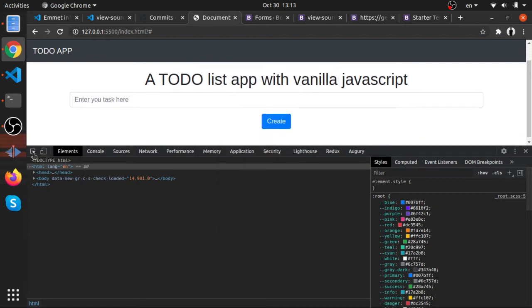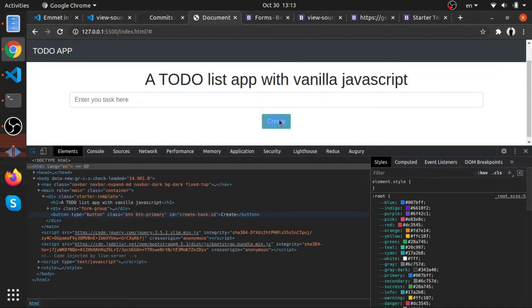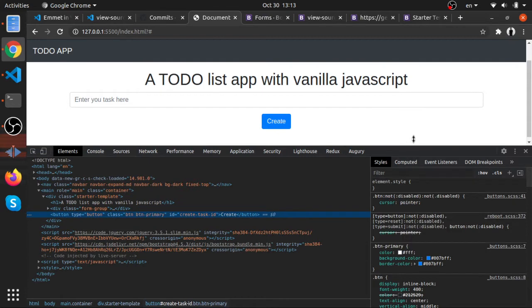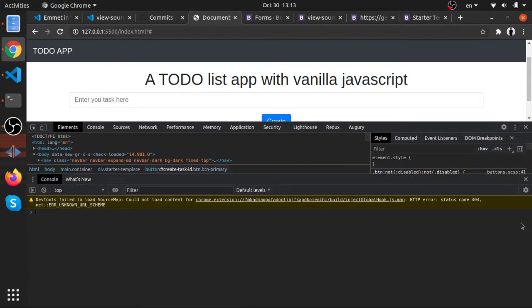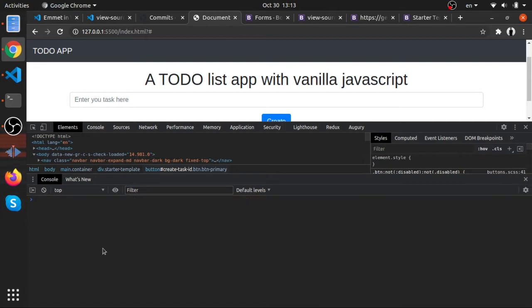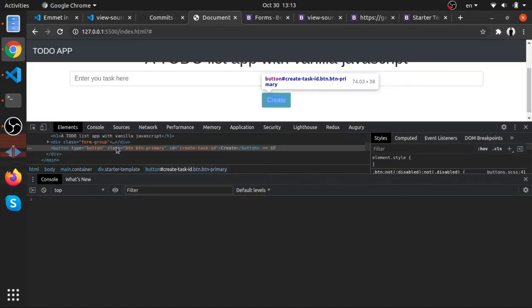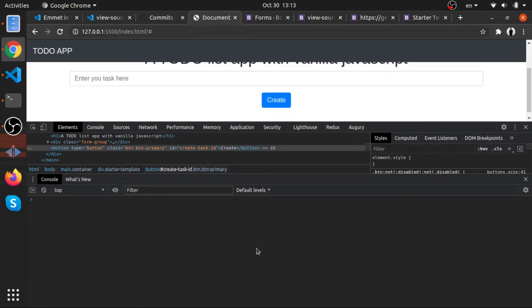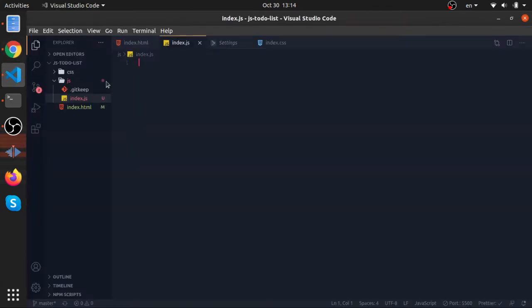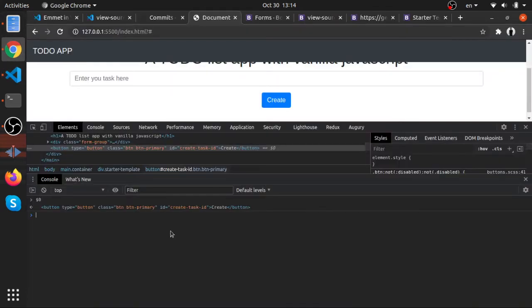You can actually click on this and hover over this button and press Escape. This will open the console for you in the browser. Now the element that I clicked on will be available in the console using $0. This is actually the button, as you can see when I hover over it. So another way to grab it, and this is actually the way that we will be using here, is to